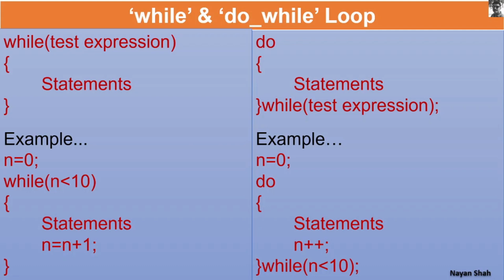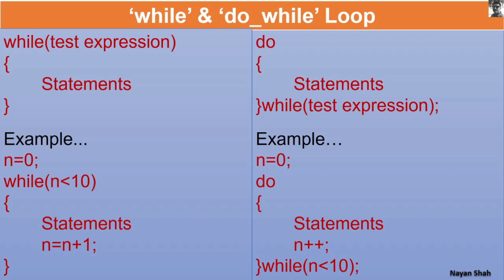So remember, this n is equal to 0 is not part of the while statement. It is just to show you that there is a variable n and its value is 0. Now it checks whether n is less than 10. Yes, 0 is less than 10, so it will execute all the statements, including a statement where the value of n